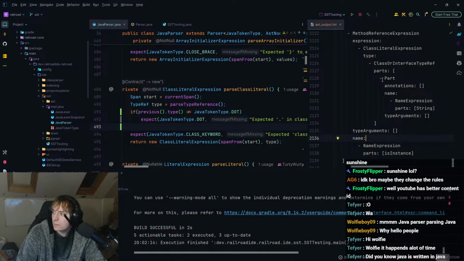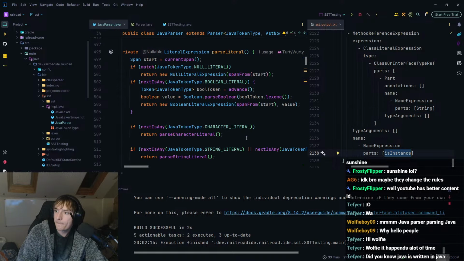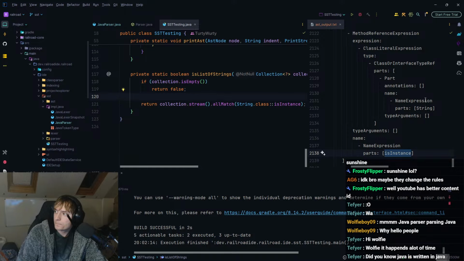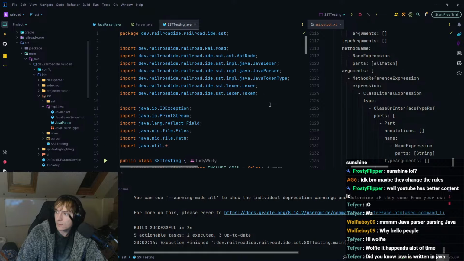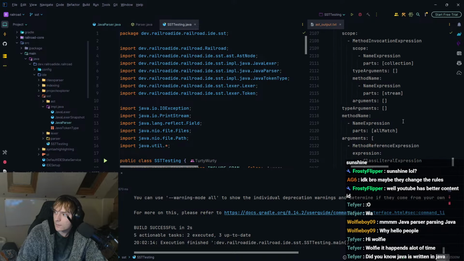And that just means that now it's just string of a class literal. So string dot class, and then we're calling is instance as a method reference, I mean. Which means this entire class is now successfully parsed. Boom.